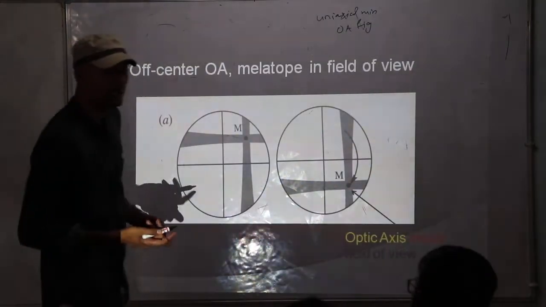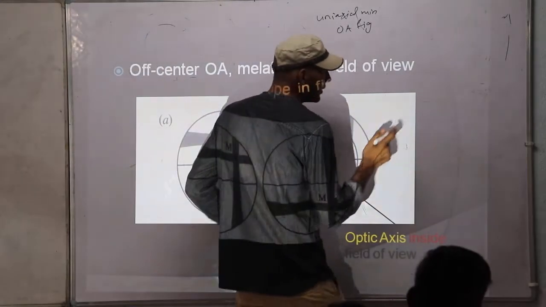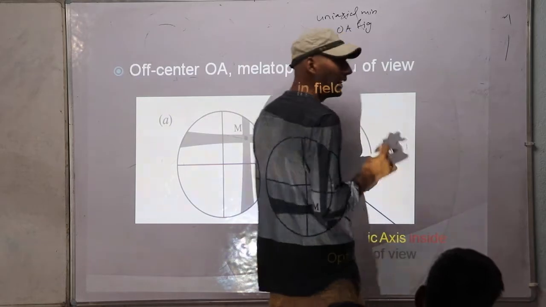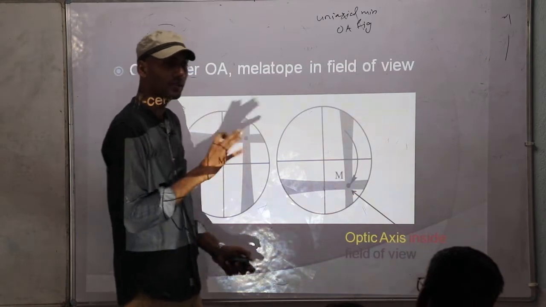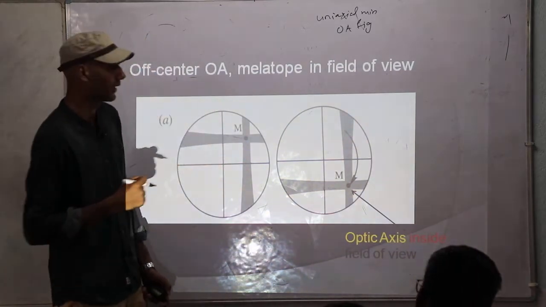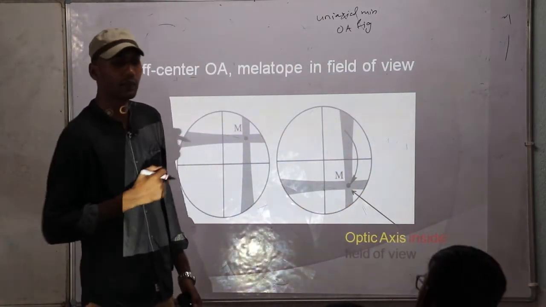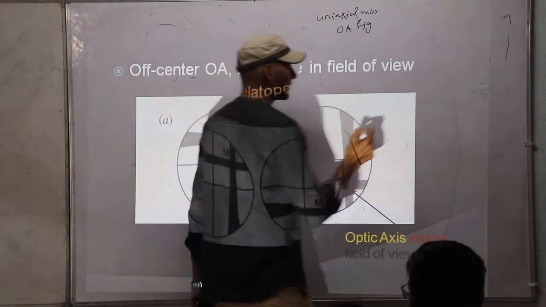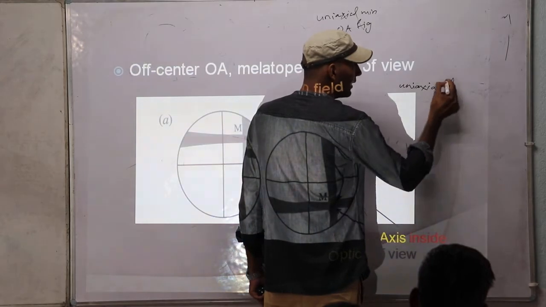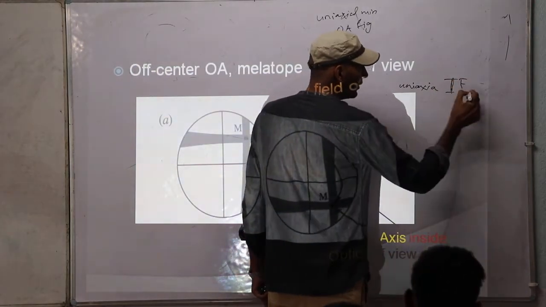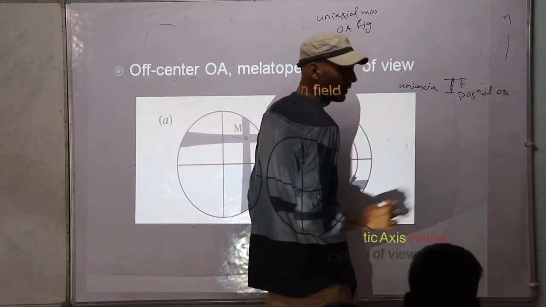In GATE JAM there is a section which has multiple answer questions. So let's say I am asking: in an interference figure, which of the following, or there may be one or two answers, right? Which of the following is representing the position of the optic axis, in a uniaxial interference figure, the position of the optic axis is shown by